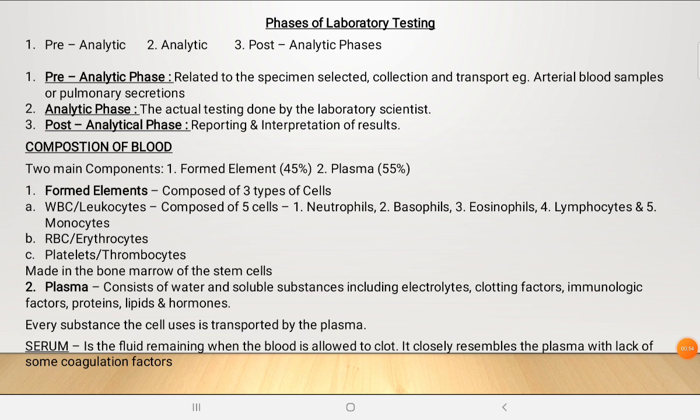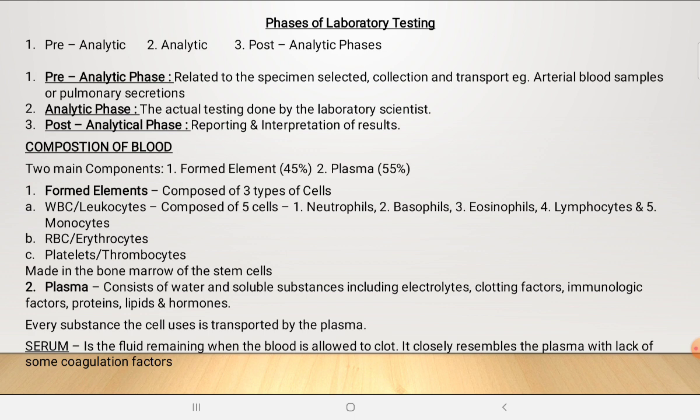The formed elements are composed of three types of cells, that is the WBC, the RBC and the platelets. WBC also called as the leukocytes, RBC is called as the erythrocytes, and the platelets that are also called as the thrombocytes. The WBCs are composed of 5 cells: the neutrophils, basophils, eosinophils, lymphocytes and monocytes according to the granules which are present and absent in the WBC cells. And the RBCs and platelets, these are all forming the formed cells which is made in the bone marrow of